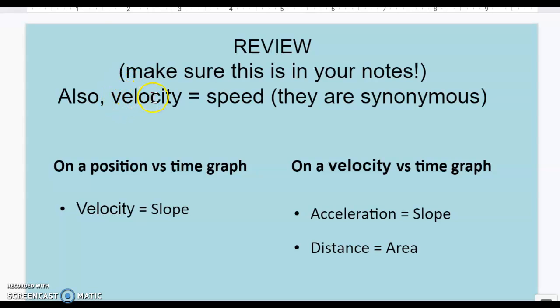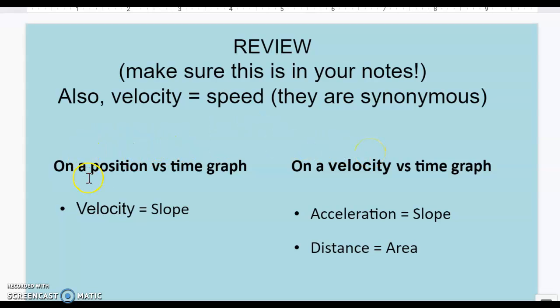One thing is that velocity and speed are usually synonymous. So we can talk about a velocity versus time graph. It's the same thing as a speed versus time graph for what we deal with. That's fine. But on each of these types of graphs, position versus time, velocity versus time, we can